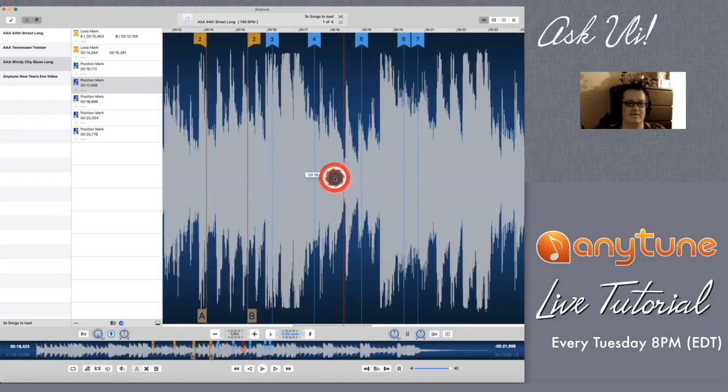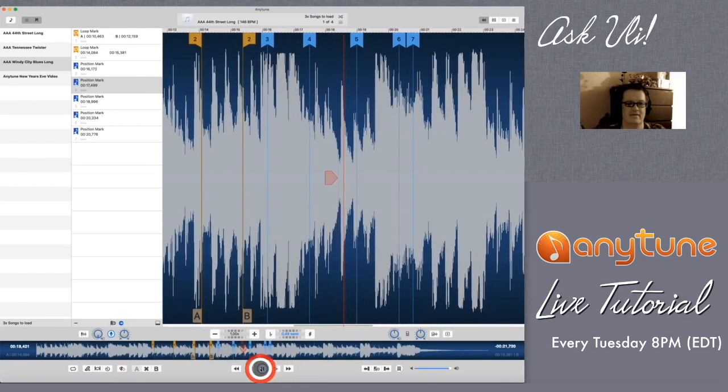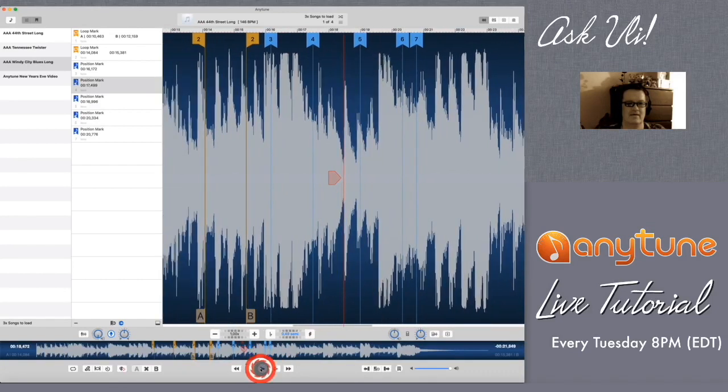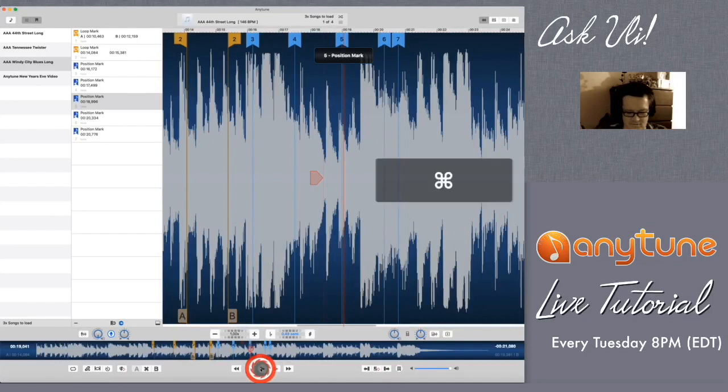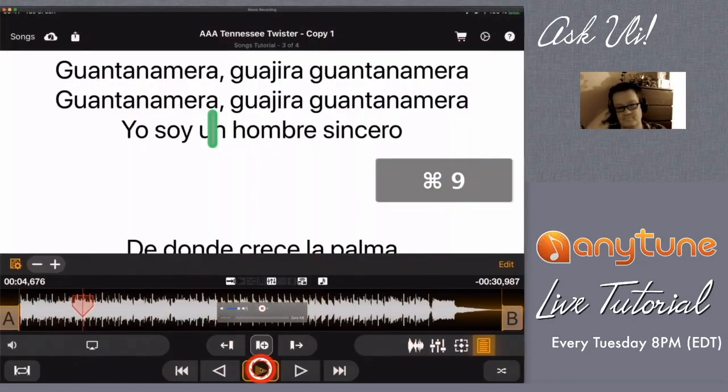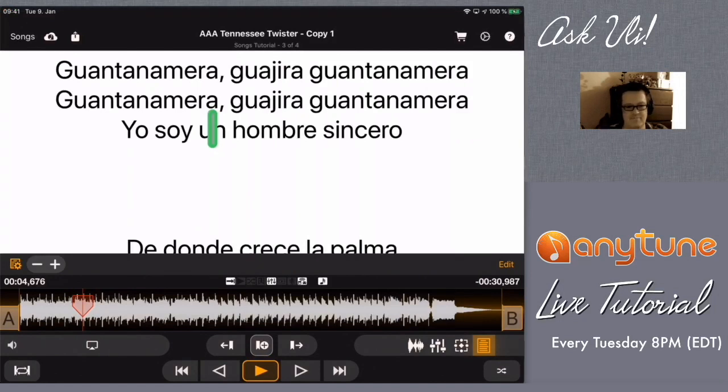Right, like this. So that's the transcribe mode. It's the same if you go to, let's say, iPhone or iPad. You press